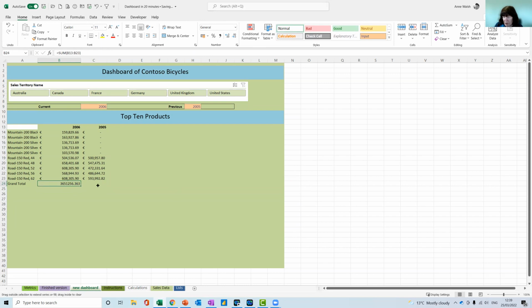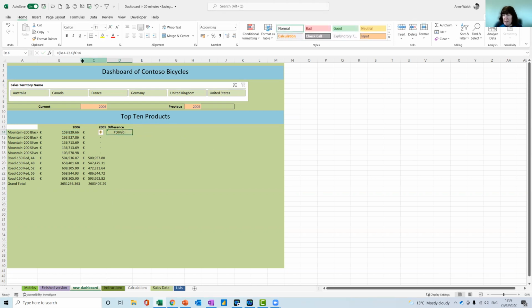Gives me my two auto sums. Now the next thing I want to do is just show the difference. The way I'm going to show the difference is, and I'm going to add an IFERROR at the end. I'm going to go to equal, say over my brackets. Let's say this one minus this one